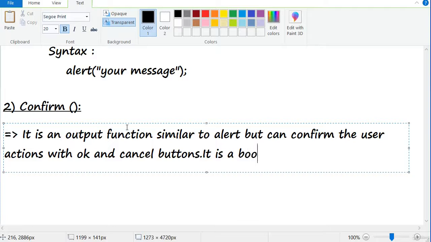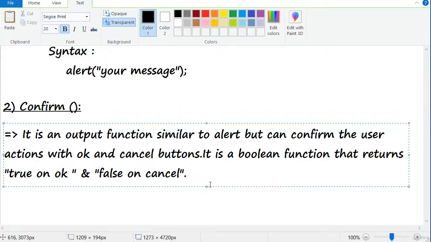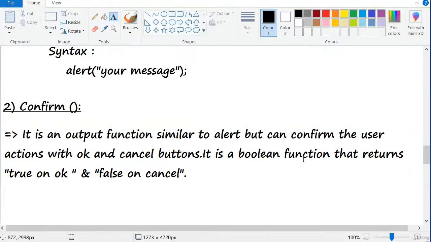It is a boolean function that returns true on OK and false on cancel. So this is about confirm.